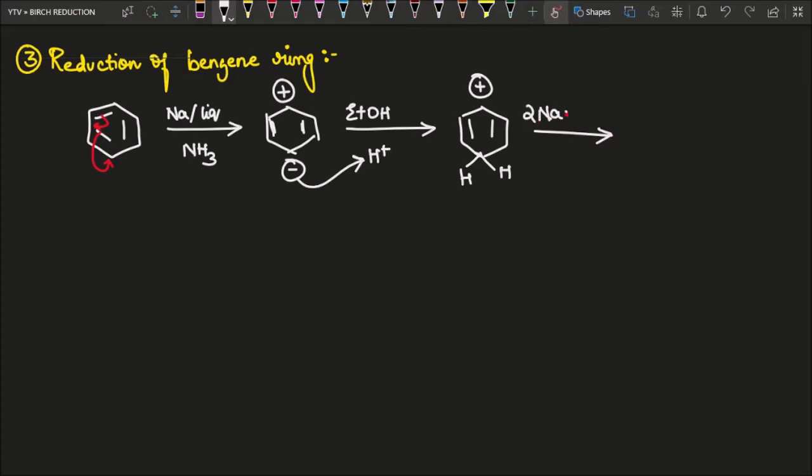So 2 sodium metal are going to donate 2 electrons, right? Plus 2 Na plus. These 2 electrons will be donated in 2 steps. So what will happen? The benzene ring is now going to get converted into a species with a negative charge and 2 hydrogens. Again, this negative charge will accept one proton and get converted into